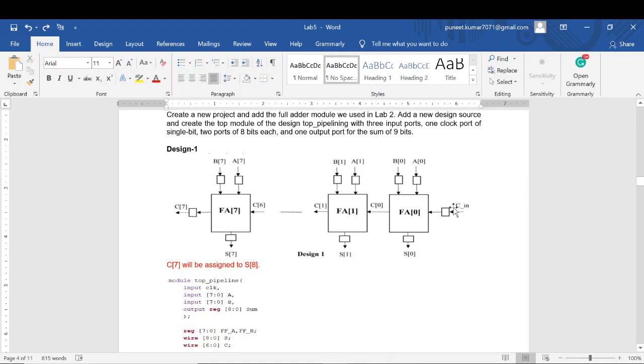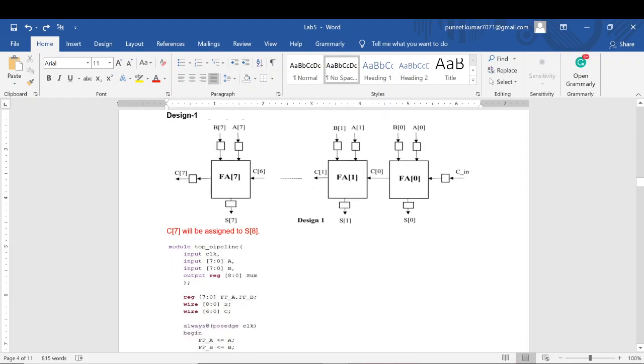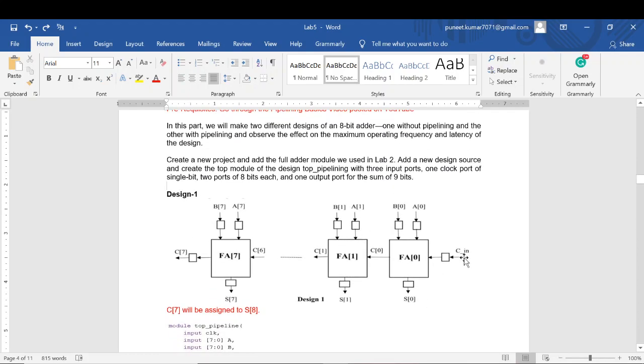So this is the primary input port, like carry in, and this is carry out of the design. So initially what we will do is we will not insert any flip-flops in the critical path. If I talk about the critical path of this design, it is quite intuitive that it will start somewhere from either A0 or B0. It will travel all the way down to here, and finally this C7. My C7 will come at last. So this is the critical path of the design.